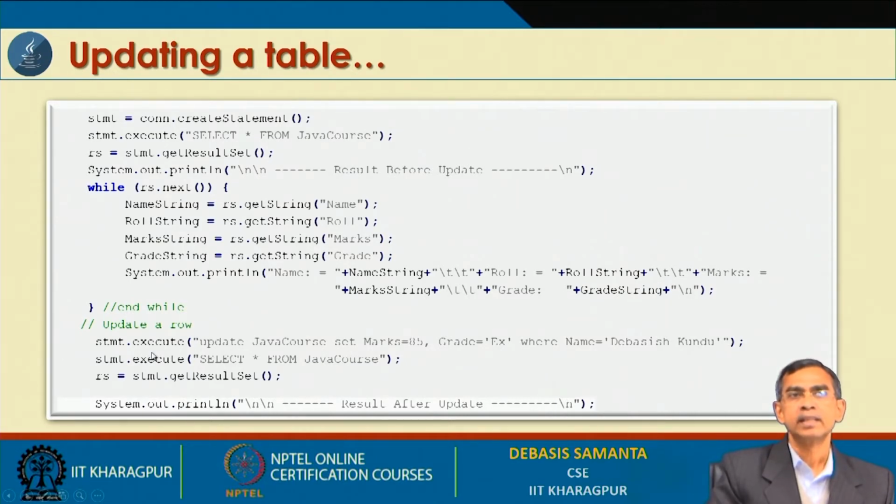As you see, statement.execute, we are going to execute one more statement, update Java course set marks. Here exactly you see update, this is the table name, and set marks equals 85, code equals EX, where name equals this one. That means it will find the record whose name is this one. If it finds it, this is the condition, upon satisfying the condition,